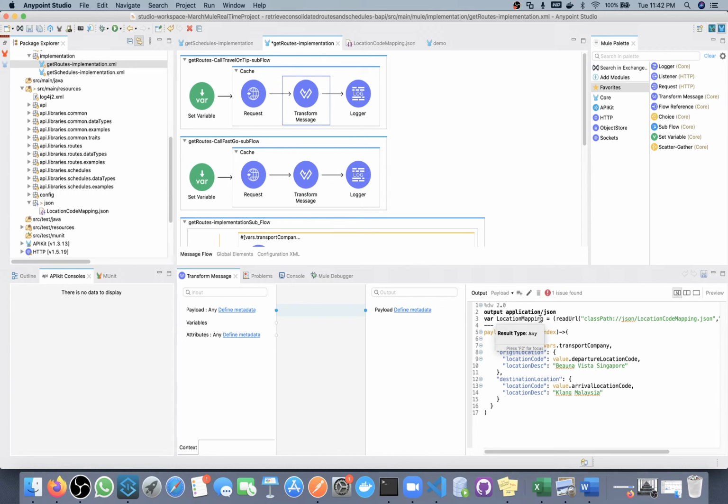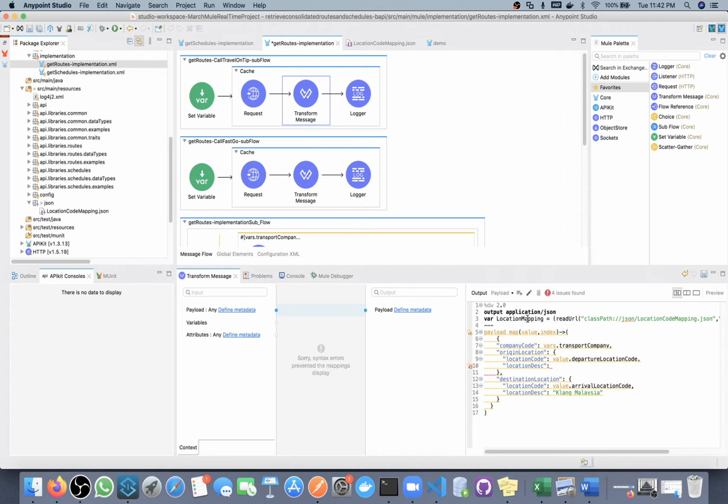Now in departure location code we are getting a location code, and we need the related location description. How can we get it?